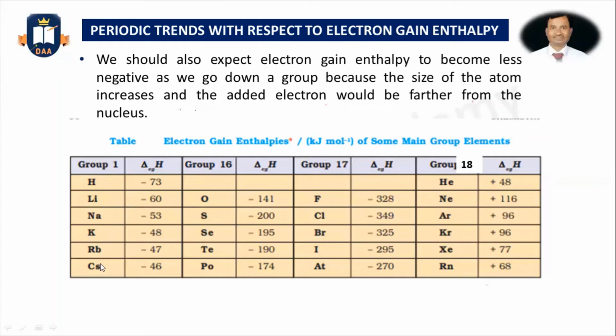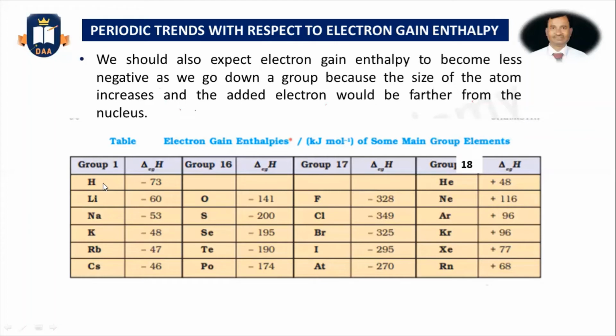During the previous class, we understood that down any group, the atomic size, that means atomic radius and ionic radius, will increase. Why? Because a new shell is added